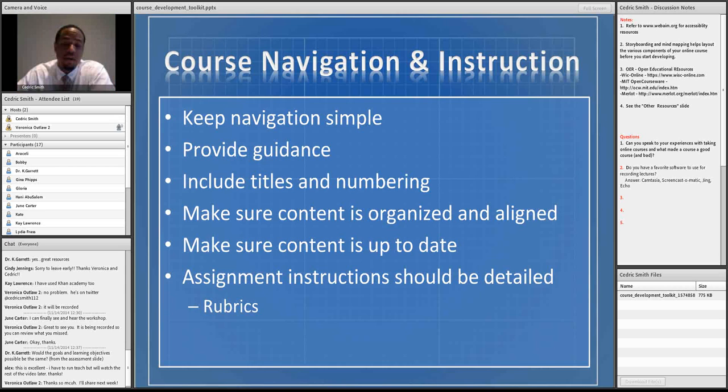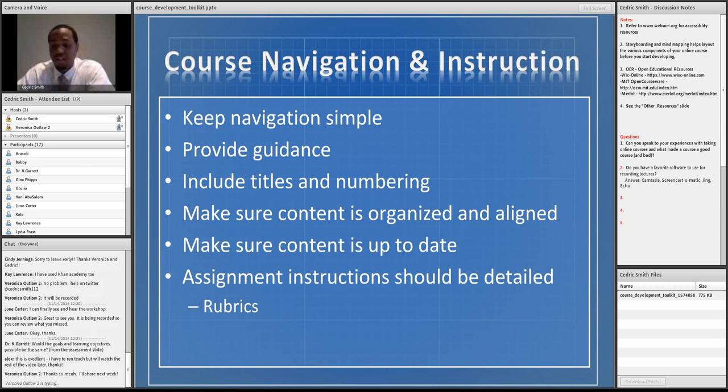So I would say it's up to you as an instructor how you feel about rubrics. I like rubrics. I think it makes the instruction more detailed. But let's say you don't have a rubric, and you have a written assignment. You want to make sure you include how long that assignment needs to be, what format, whether it be APA format, the spacing, any information